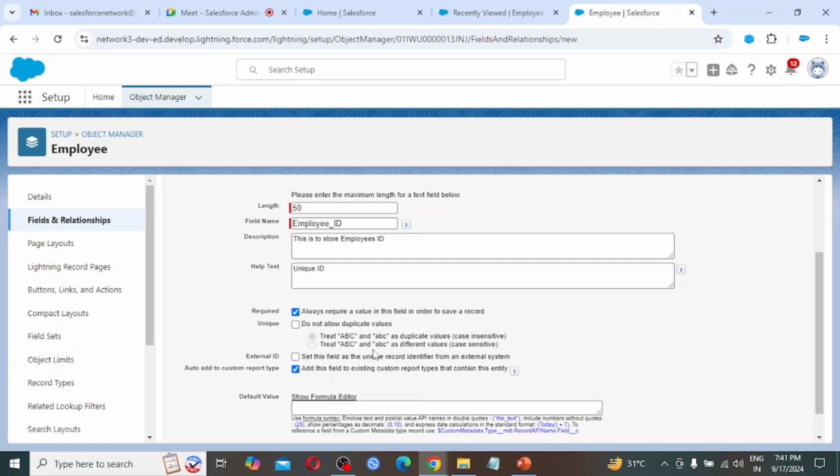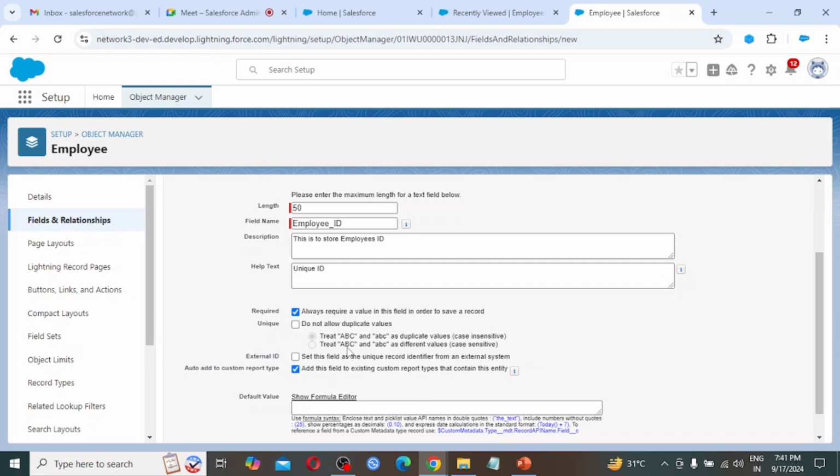Treat ABC and abc as different values. In this case it is going to treat them as two different values. Let's take an example: someone has the name Aman. If he enters AMAN in all capital letters, it is one value.